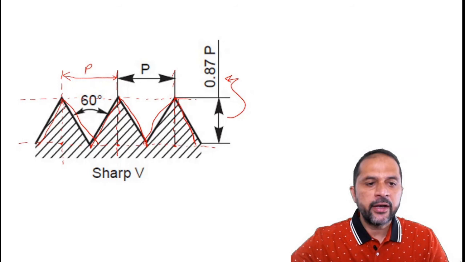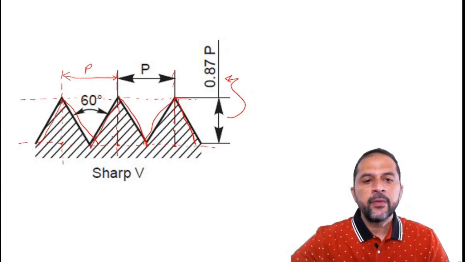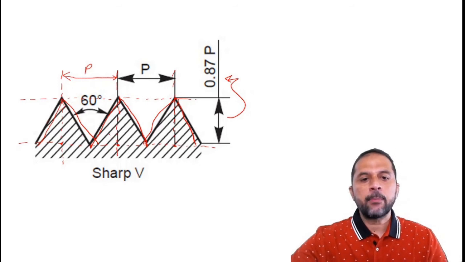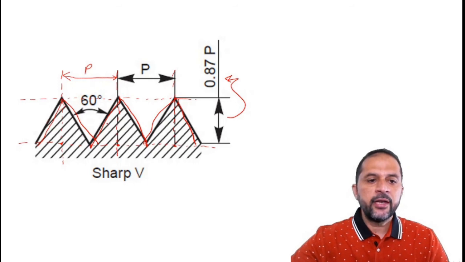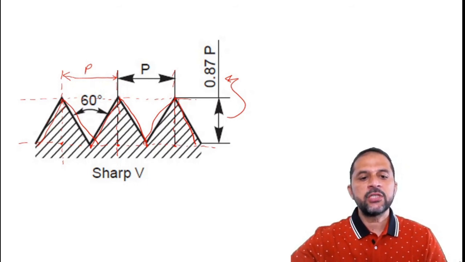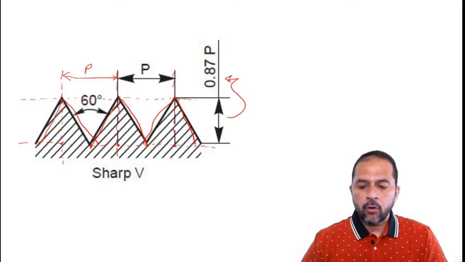The last thing left is to section it at a 45-degree angle, with the distance between the section lines being 2 to 3 mm. Then we section it, and in this way we can draw the sharp V. It is very easy, and once the figure is drawn, we do the dimensioning. So in this way a sharp V can be drawn.